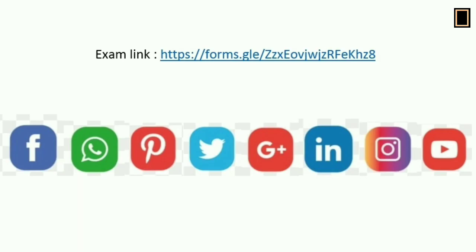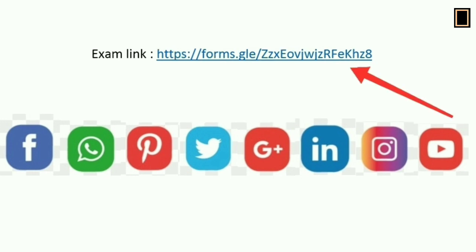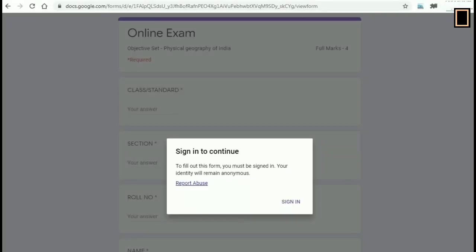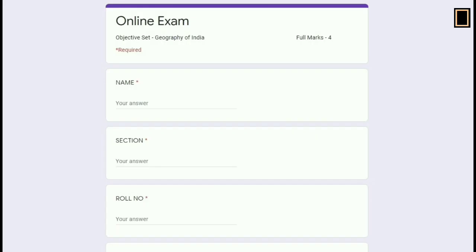Let's begin. A link may be shared with you by your teacher or mentor on different social media platforms, or you can get it by email also. You need to click on the link and this type of interface will come where you need to log in by your Gmail ID, and then the first part or section of the exam will appear